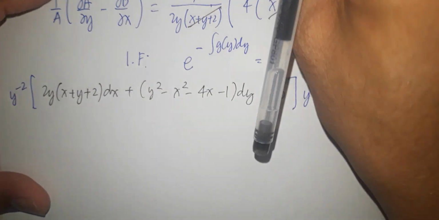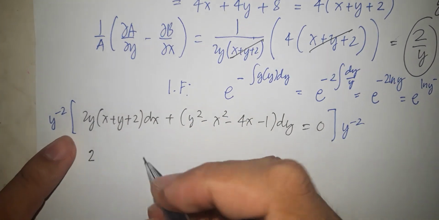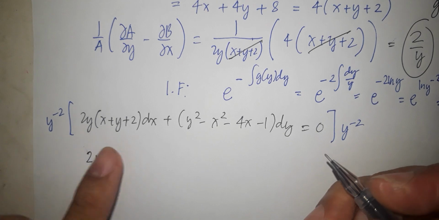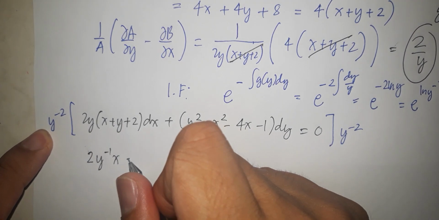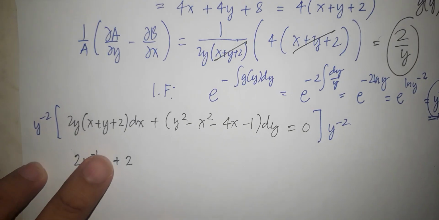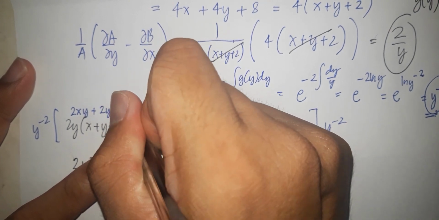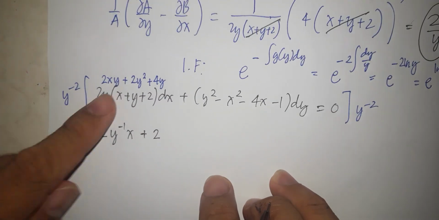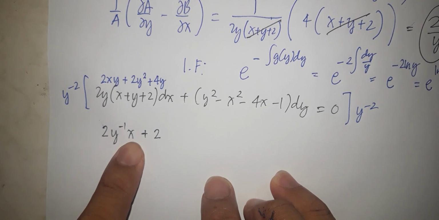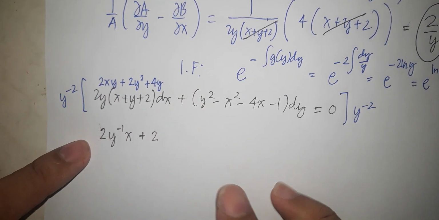Okay, let's multiply. So this is 2y negative 2 times y is 2y negative 1 times x. Then ito naman, magiging plus 2 na lang. Because this is 2y. Sige, para hindi malito, i-distribute muna natin to. Magiging 2xy plus 2y squared plus 4y. Okay. So again, multiply natin siya with that. So magiging 2x y negative 1 times x, then 2y squared times y negative 2 is just 2. And then y negative 2 times 4y is 4y negative 1